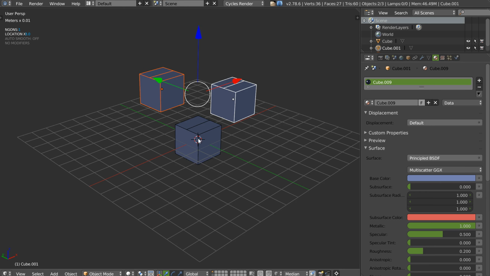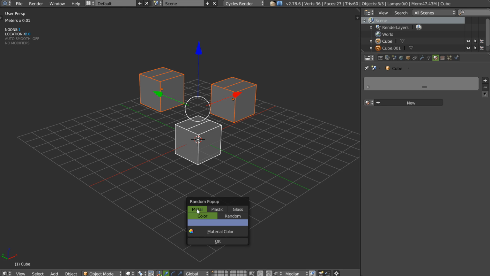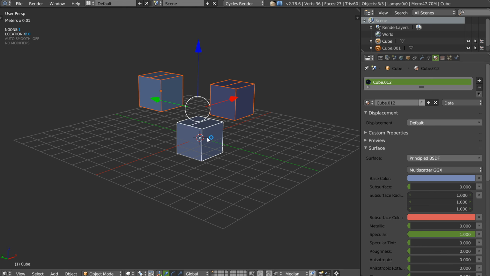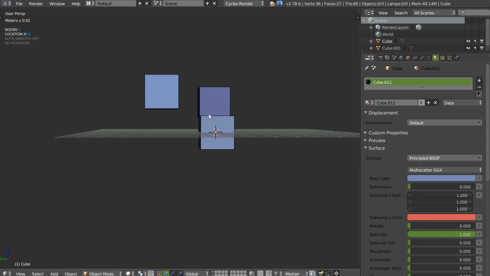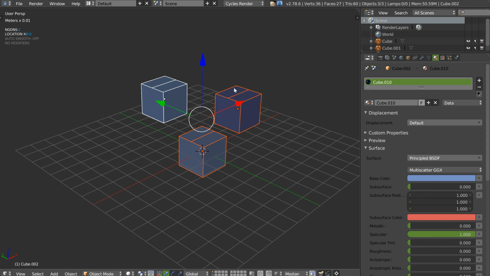Okay. I will remove all of this. In the options you have the possibility to create a metallic, plastic or glass shader, and you can use the color or make a random, but this time it's a random of this color. If you click, you will have a random of this color to have something different. As you can see, this is not the same color, but it's a random from this color. That can be really useful when you have an asset and you want to keep the same color, etc.